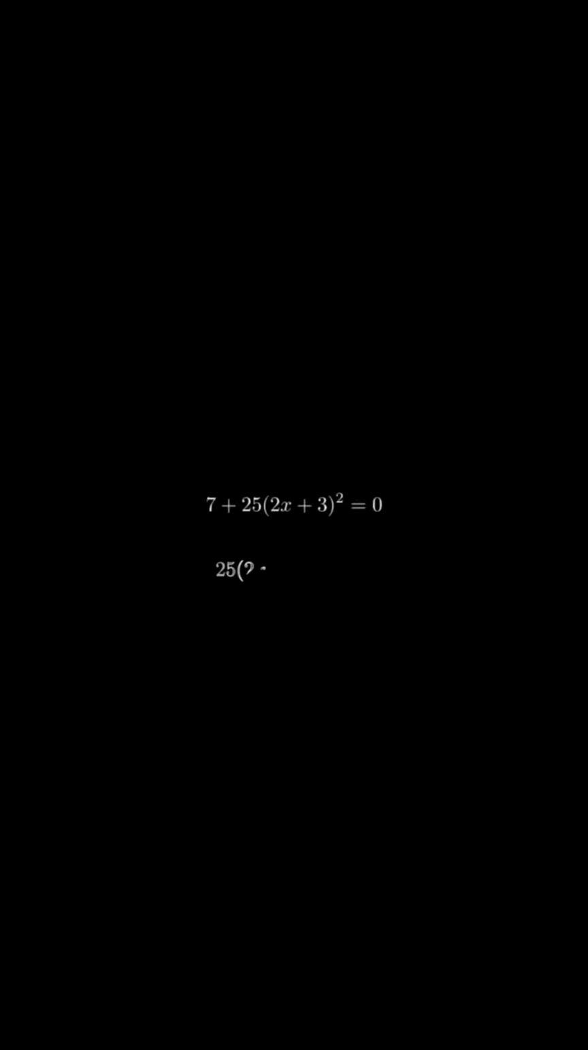We'll subtract 7 from both sides of the equation. On the left side, 7 minus 7 equals 0, leaving us with just 25 times 2x plus 3 squared. On the right side, 0 minus 7 gives us negative 7. Notice that when we move a term from one side of the equation to the other, its sign changes. The positive 7 on the left becomes negative